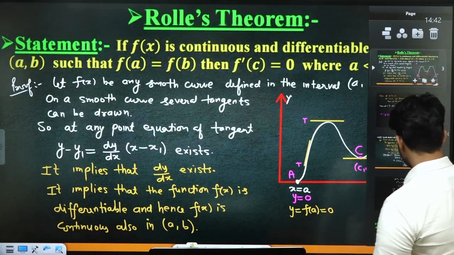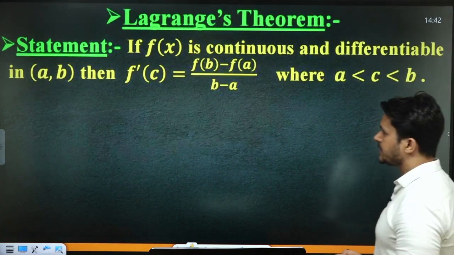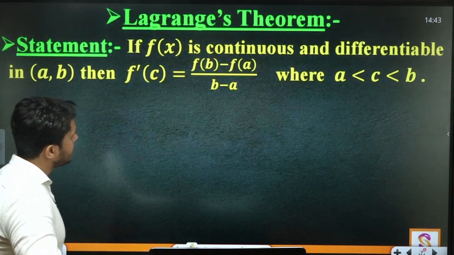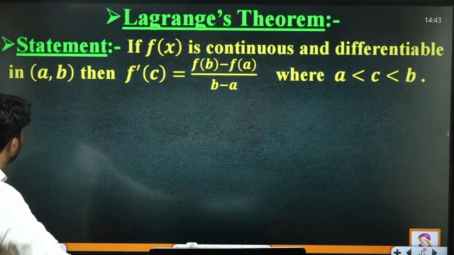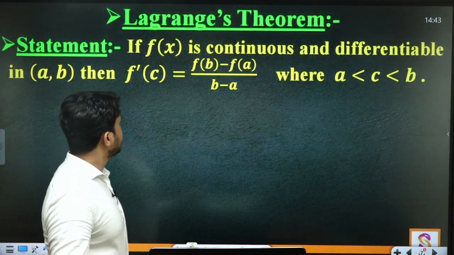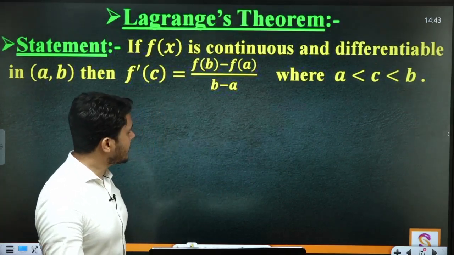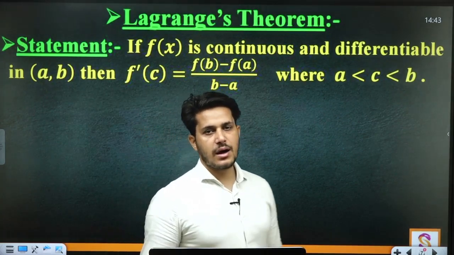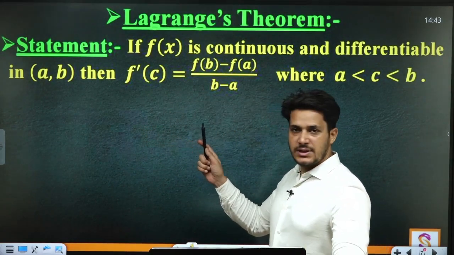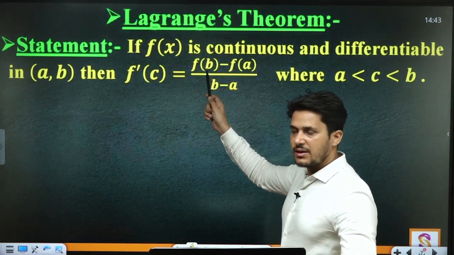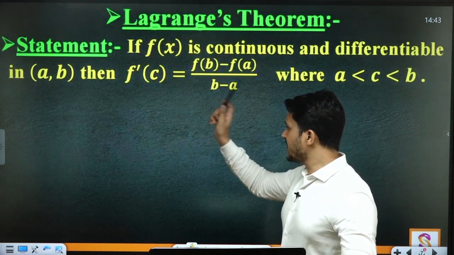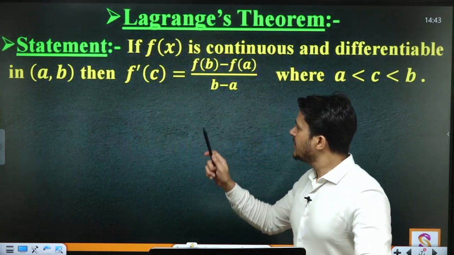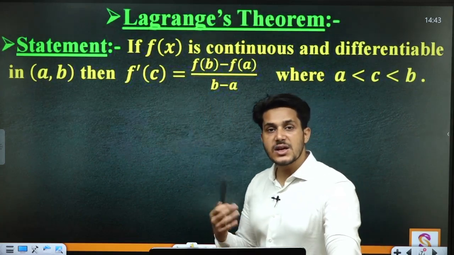तो इस क्राइटेरिया को ओवरकम करने के लिए ये लैग्रांज ने थ्योरम बनाया कि f(x) is continuous and differentiable, that's okay, in a comma b, then f dash c is not equal to 0 but equal to (f(b) minus f(a)) upon (b minus a). So in this case अगर आप थोड़ा सा ध्यान से देखें, for the Rolle's theorem f(a) equal to f(b), so it will be 0, f dash c equal to 0. So the same statement इस फॉर्म में लिखा हुआ है, अगर रोल्स थ्योरम में f(a) इक्वल टू f(b) हो जाए देन f dash c इज इक्विवेलेंट टू 0 आल्सो.